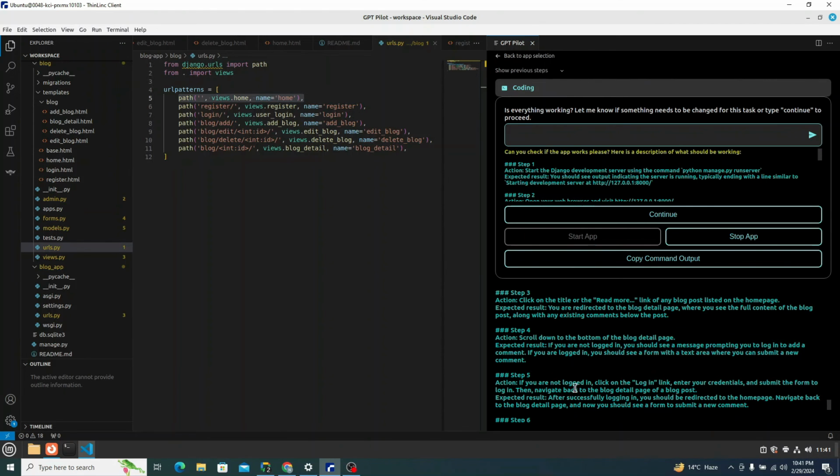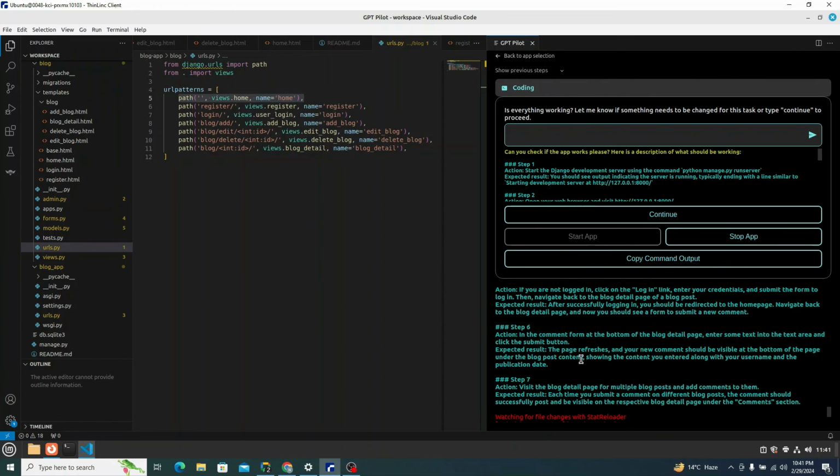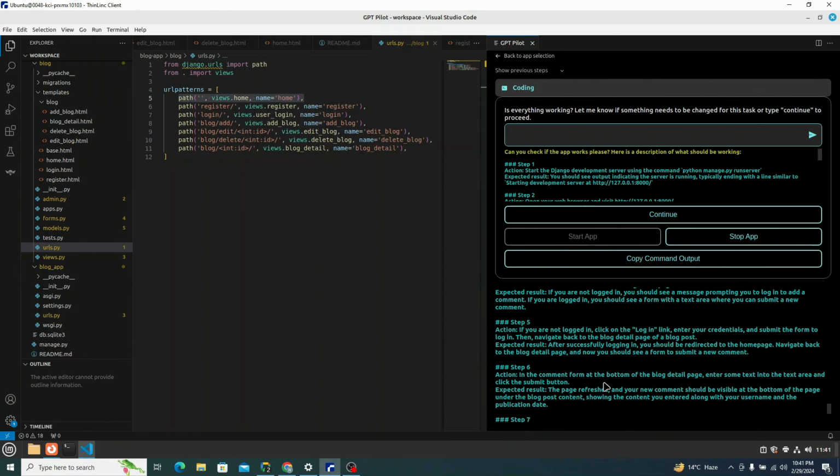If you're not logged in, click on login, enter your credentials and submit the form to login. Then navigate back to the blog detail page of a blog post. Then step 6 is action. In the comment form of the blog detail page, enter some text into the text area and click on